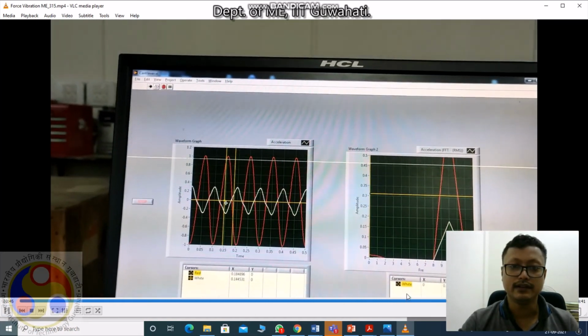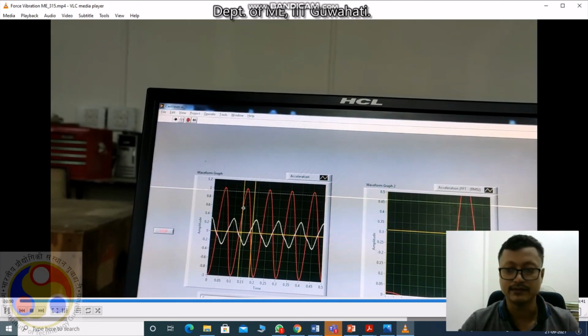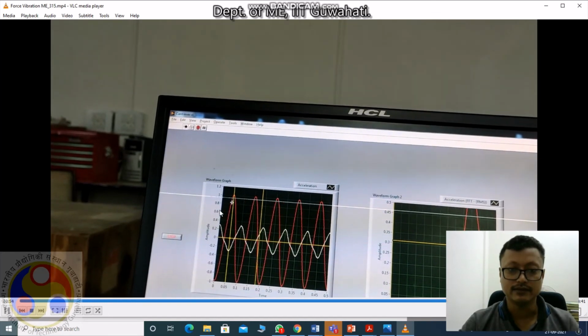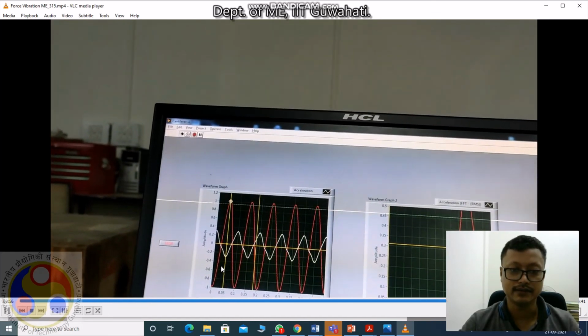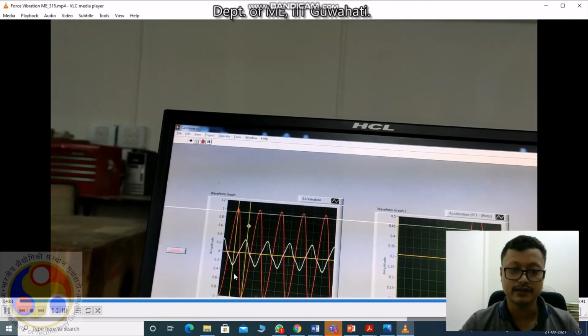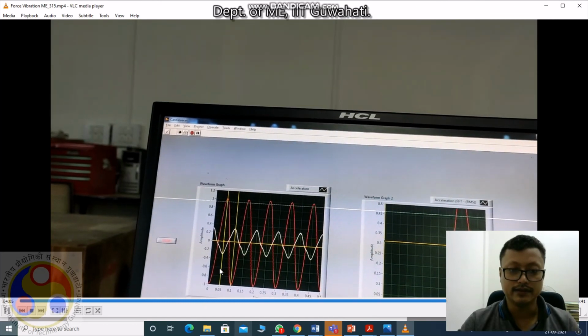Accordingly, this data with respect to time you can get in a folder which we already saved. So just click with the mouse and you can get the data, as shown here. You can get the data of this length.